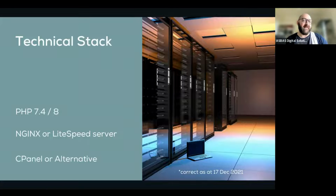And then having something like cPanel, or an alternative like cPanel, with your web host. So for instance, in Venture IP that I use quite extensively across my clients, they have a cPanel interface, which allows you to interact with things like setting up your email addresses, your file manager for your website files, some setup options for WordPress and other systems, and I guess places where you can make the changes to your PHP setting as far as the modules that add extra capability to your web service, or the version of it,